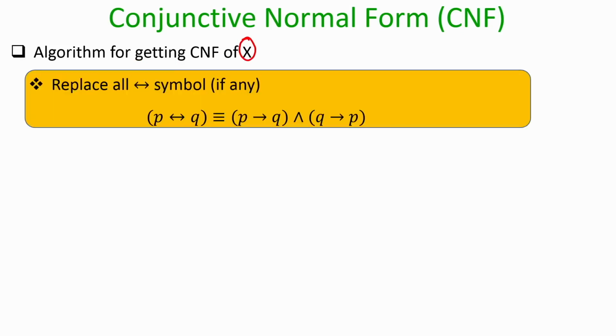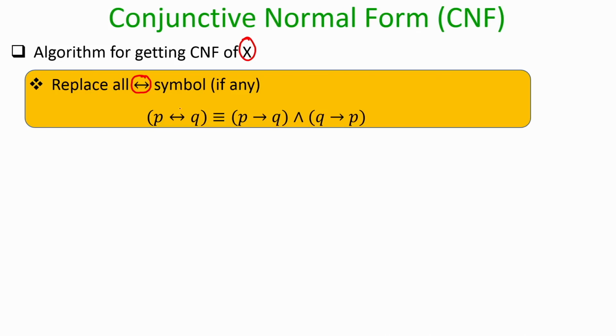The input here is some expression x which may or may not be in its conjunctive normal form. The first step is the following. I will check the expression x, and wherever there is an occurrence of by implication, I will substitute that by using a logical identity. I can use the logical identity that the by implication of P and Q is logically equivalent to the conjunction of P implies Q and Q implies P. So, by applying this law